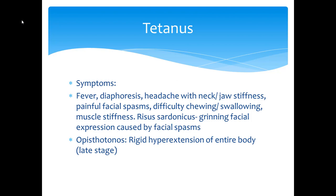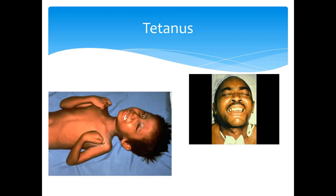And then they also have the late stage of tetanus, where they're actually hyperextending their body because of these spasms. So you can see the smile on their face. It almost looks like a smile, a weird, painful smile. But look how they're hyperextending. Yeah, tetanus is a pretty nasty